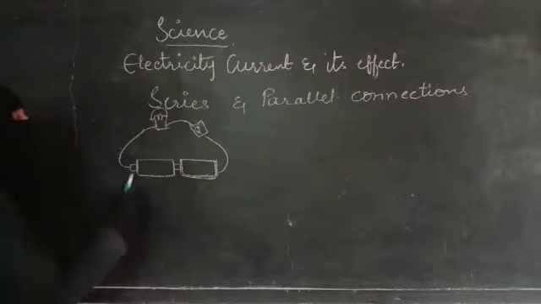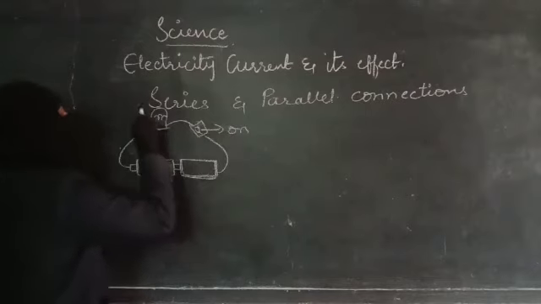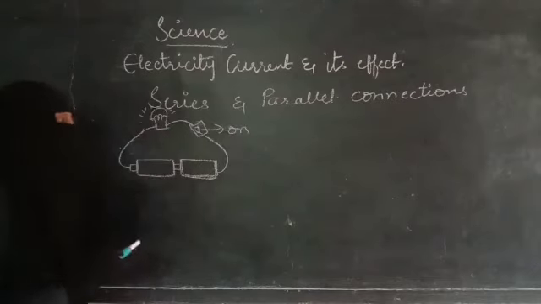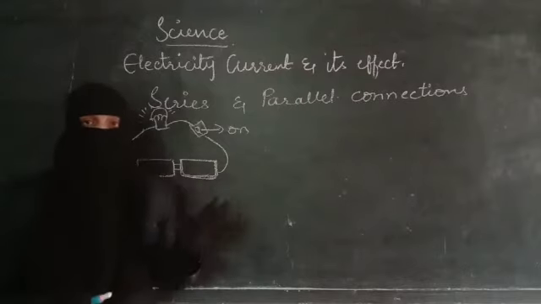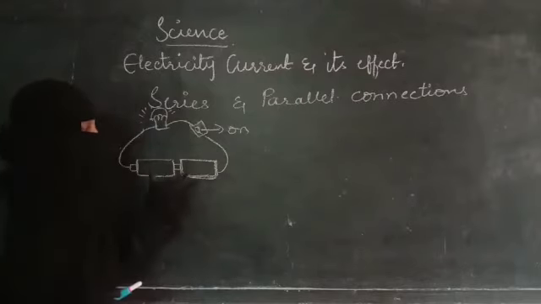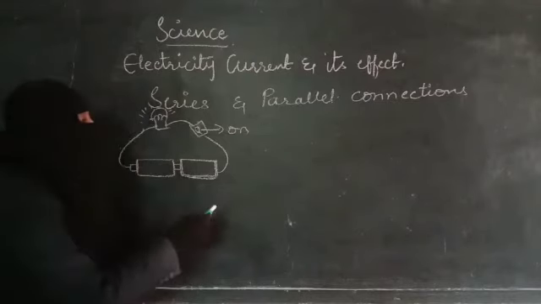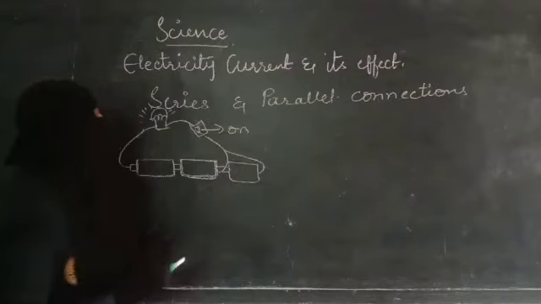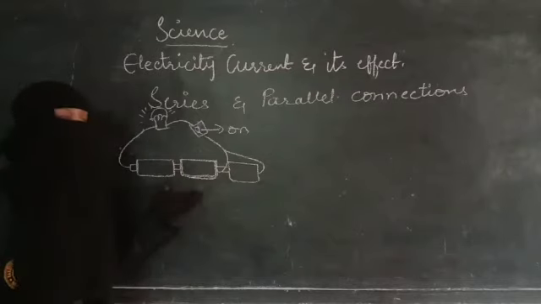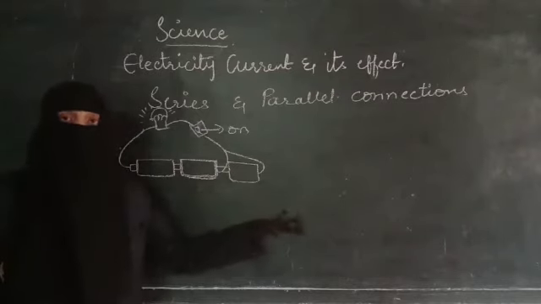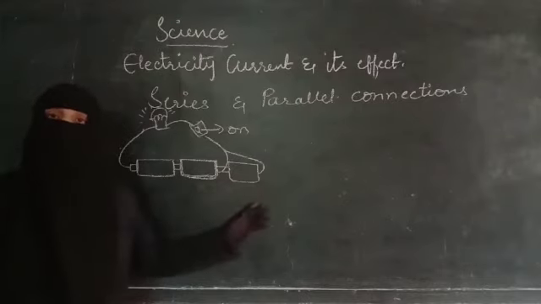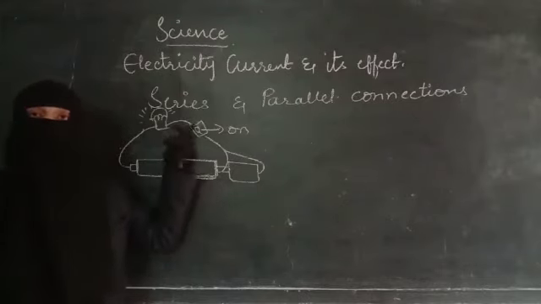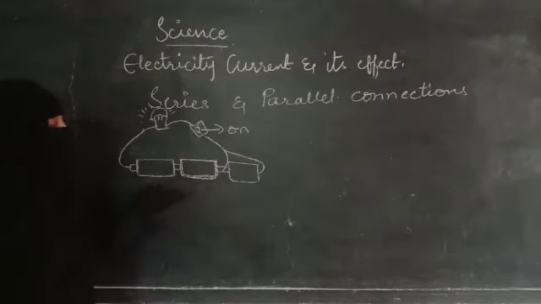So now if you see, when the switch is on, the bulb will glow. Now observe the intensity of this bulb, how bright the light is, whether it is too bright or not. That we have to see. Now, after knowing the intensity of light, you have to add one more dry cell here. Now observe the intensity of light. You will observe that the intensity of light has increased. That means the more cells you add in the circuit, the greater the intensity of light will be. If you decrease the dry cells, the intensity of light will become less.